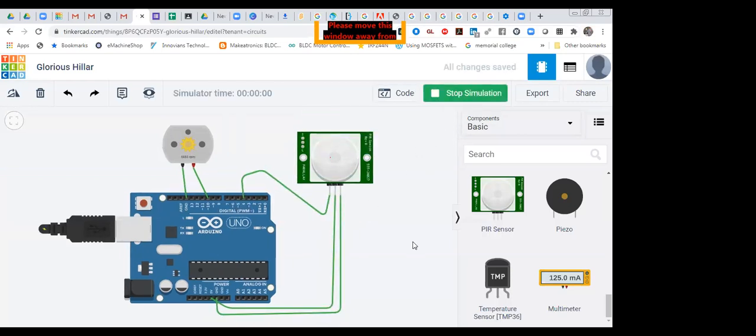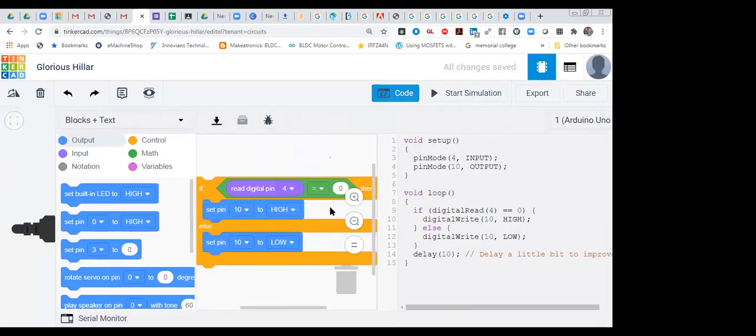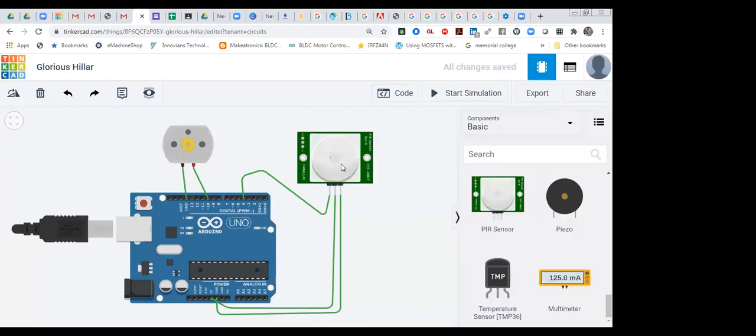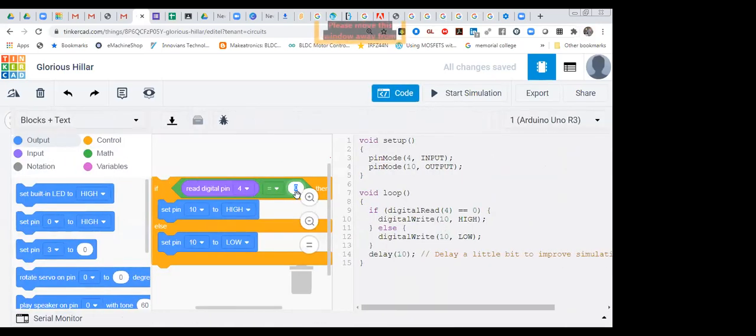Start simulation. Now by default the motor is working because when no person is in front of the sensor, it will give 0 signal, so by default it will work. So we have to change this logic 0 to 1. Over here also it will get changed automatically.